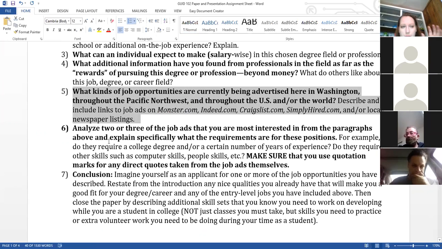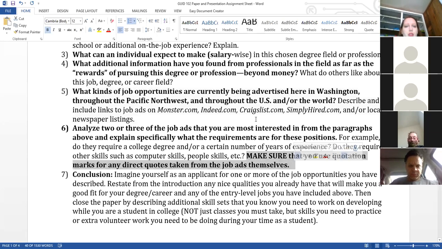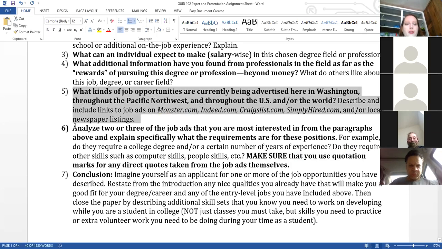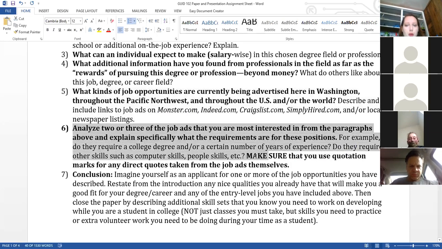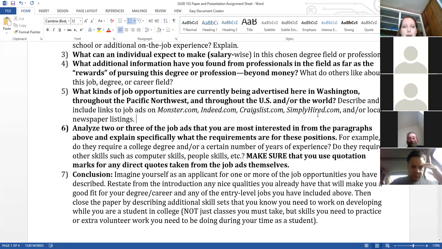You pick a couple of them that you really like. You're going to start analyzing them. And this is a part where you probably will be directly quoting. What were some of the lines on the job ad that stood out to me that I liked? Put quote marks around it, give credit to it, make sure you cite the source, etc. Okay, and I've got that big note here. So this week, it's general. Coming up next week, we're going to start analyzing. And we're going to start citing our sources as well. And again, we're preparing for that paper that's due during finals week. Okay.